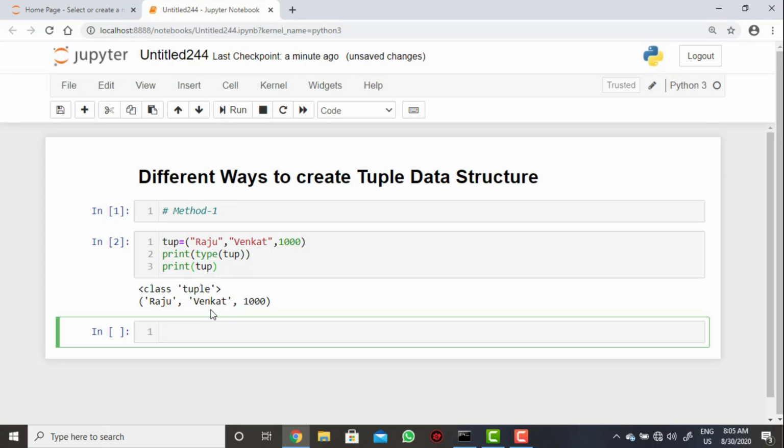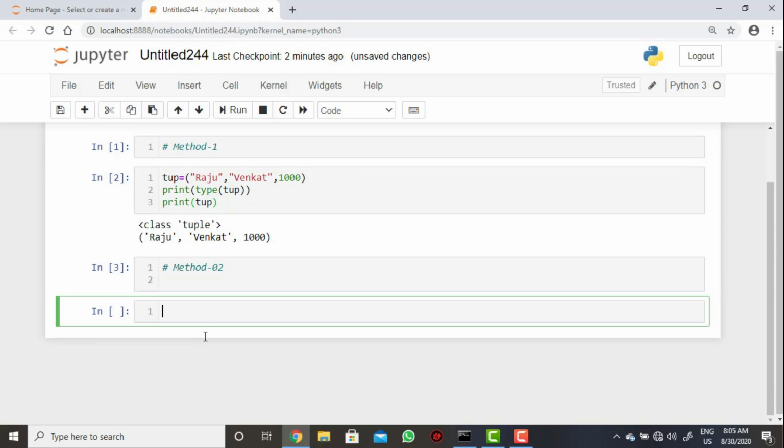This is one method that you can create tuple data structure, and we have another, method 2. Let's see here. Data structure name, then you can take values like Venkat, Tini, whatever values you want, and then Uma.